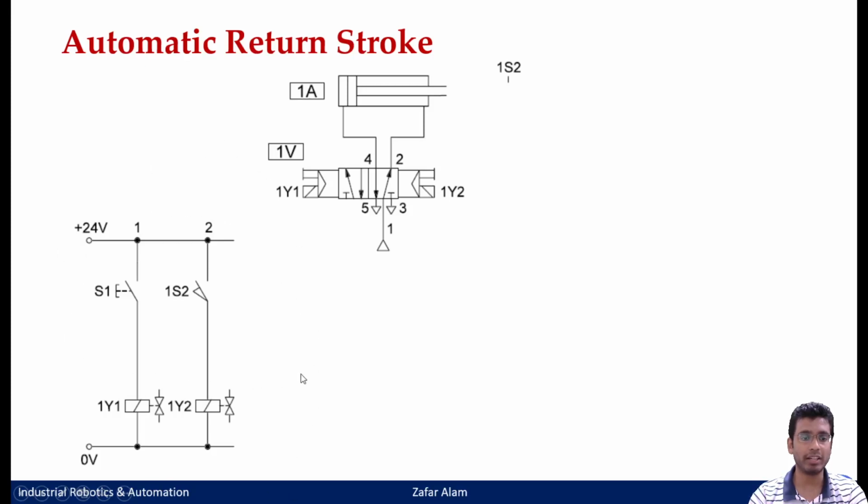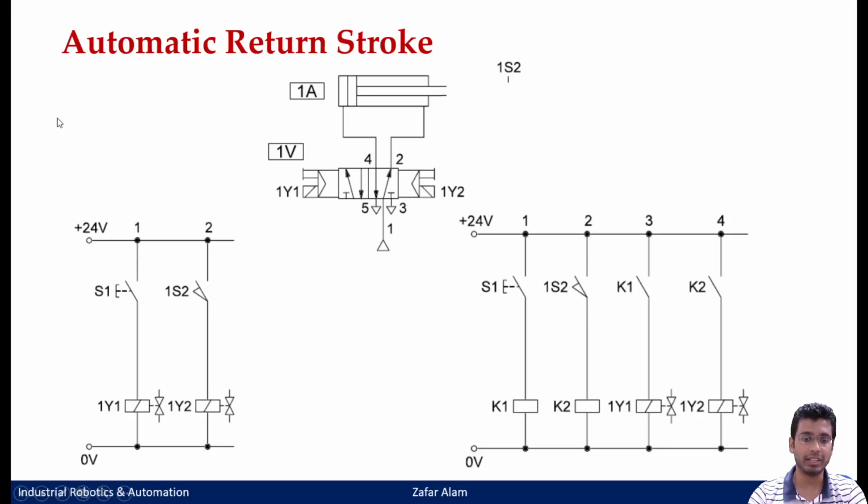direct control or indirect control? Is it direct or what? What was the output here? Your output valve is a solenoid valve. Is it getting directly actuated by a switch, or are there some relays in between? Directly actuated. So that means this is a direct control circuit diagram. Fine. So see, the same thing I'm implementing using an indirect control, and now you can see the difference.